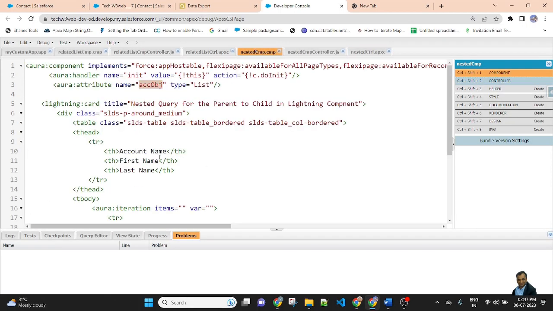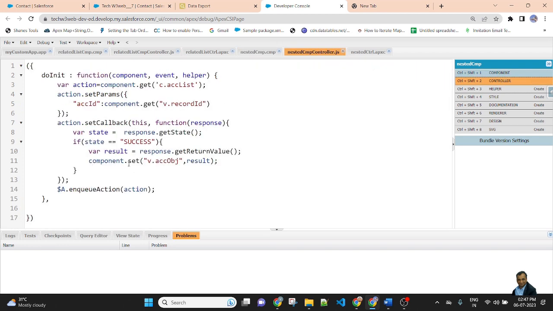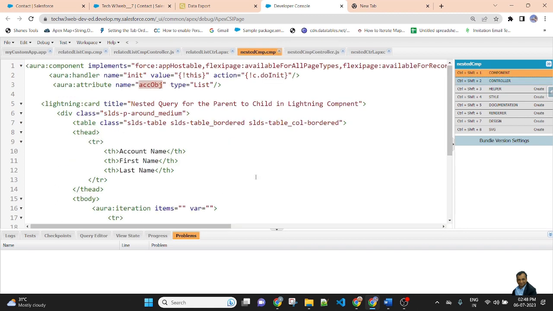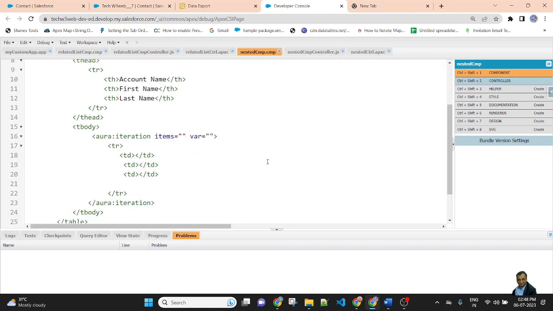So now I am creating the HTML. This JavaScript stores the result value into this variable, and I am using this variable in our iteration. So this is a list, nested query. First I will get the account name, then I will fetch the contact name.